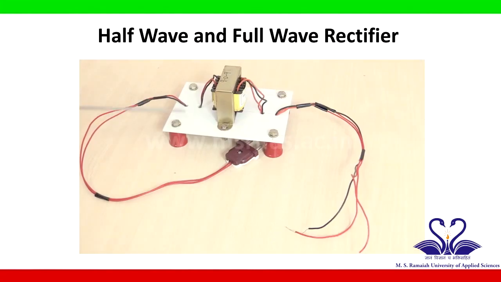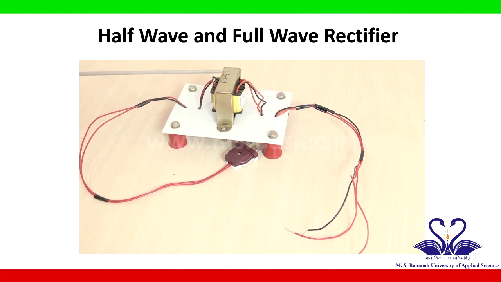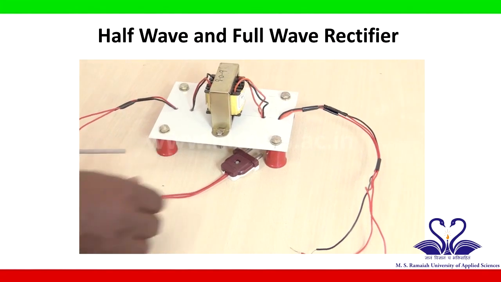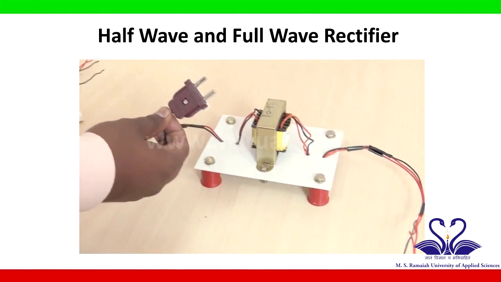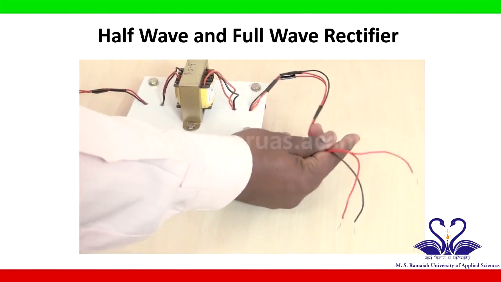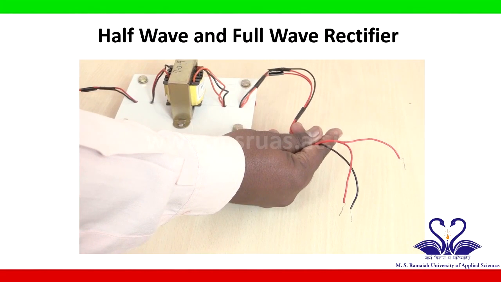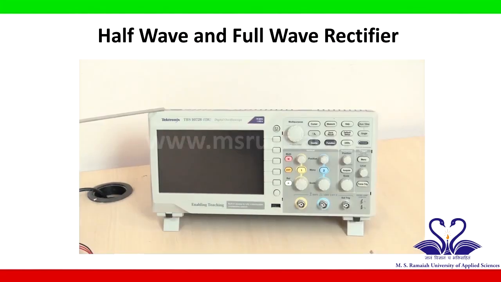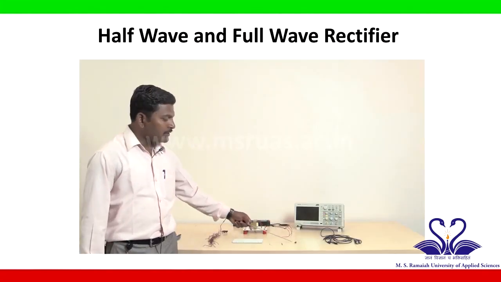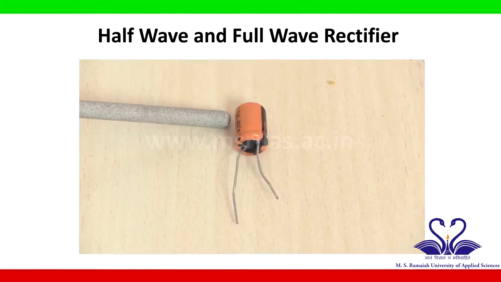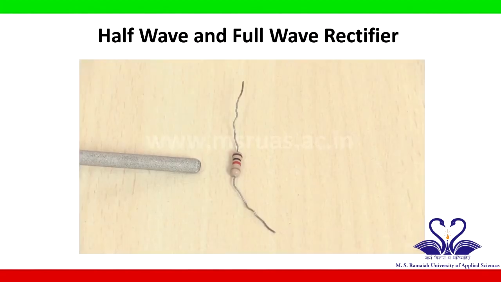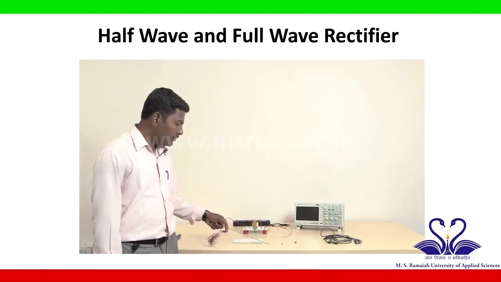a transformer. This is a transformer having a specification 9-0-9. It has a primary side and a secondary side. The primary side is connected to the 230 volt AC mains supply, and the secondary of the transformer is connected to the circuit. Digital oscilloscope, probes, capacitor with a value of 100 microfarad, 2 diodes, a resistor having a value of 1 kilo ohm,